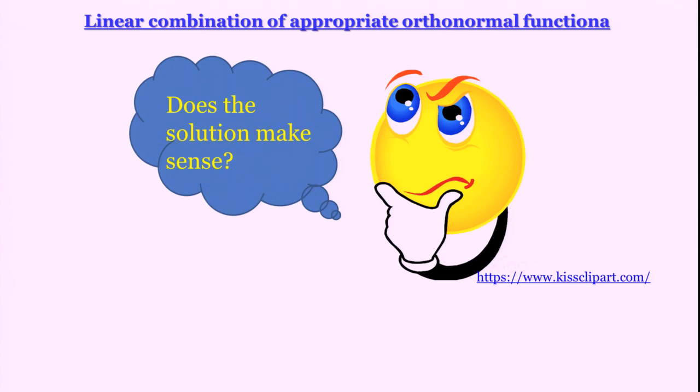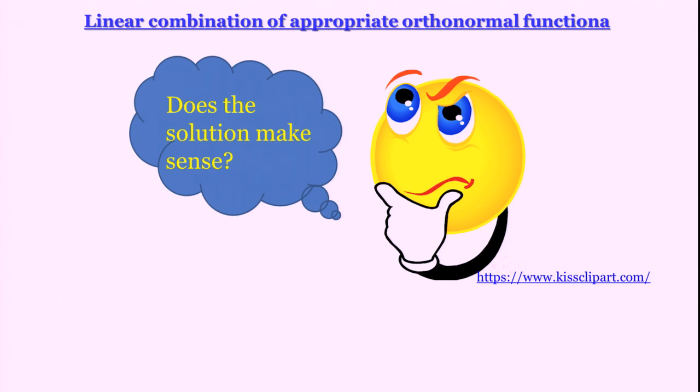But even here, usually you should be disturbed at this point of time. Then what are we doing? We are saying that some function is there that we do not know, we are going to generate that function by taking a linear combination of these orthonormal functions. So, this is what you should be looking like at this point. You should be thinking that all this makes sense. Alright, okay, I generate this function and maybe I can find a solution for energy using that Hamiltonian operator. But is that solution right? Does it make sense at all?